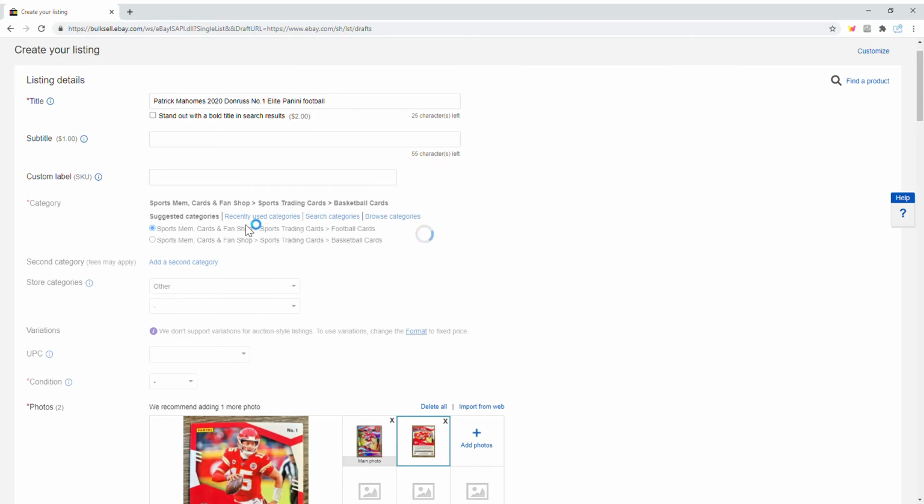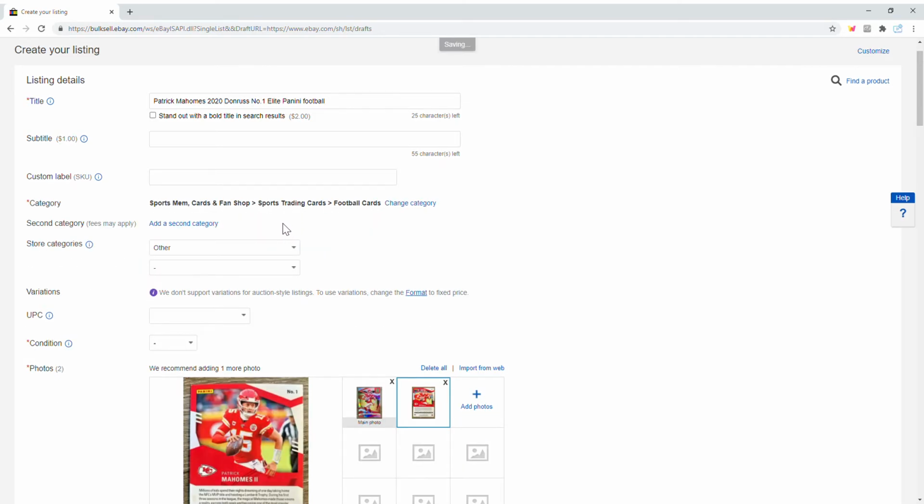And it's really cool. We can see the recently used categories, which is nice. So it's important to have it in the right category, otherwise it will not appear in the search results. So sports memorabilia, cards and fan shop, sports trading cards, and then the correct sport. So we also are going to add this to our store category. In other videos we'll show you how to make your eBay store, but we will go ahead and list this in trading cards, professional football cards,